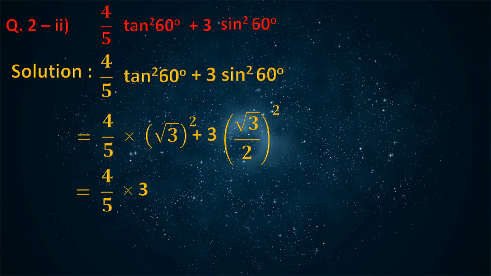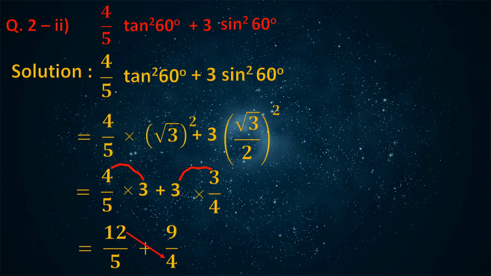Root 3 square is 3, 2 square is 4. So 3 into 3 upon 4. 4 multiplied by 3 will give us 12. Similarly, 3 3s are 9. So the next line will be 12 upon 5 plus 9 upon 4, which further gives us